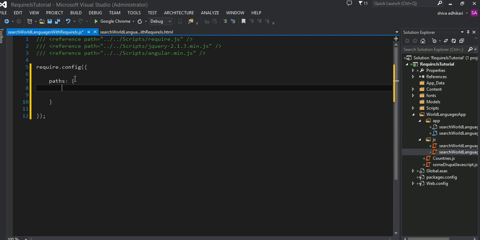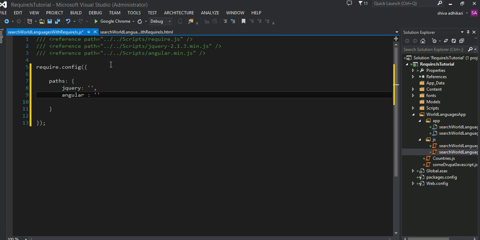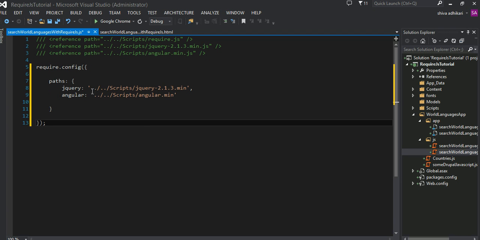So in our case, of course, we need to download jQuery. I'm going to specify the path of jQuery. And maybe, I don't know right now, just Angular, but I'm not really using Angular yet, but we can specify those two paths here. This is the path, and I'm just going to copy paste it here. The thing to note is that we don't have to say .js, because it automatically loads this resource as a JavaScript file. Okay, once those configurations are done,